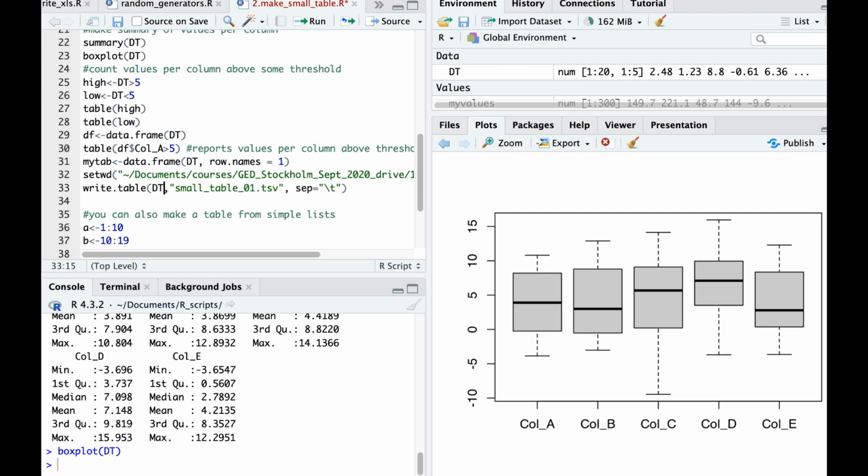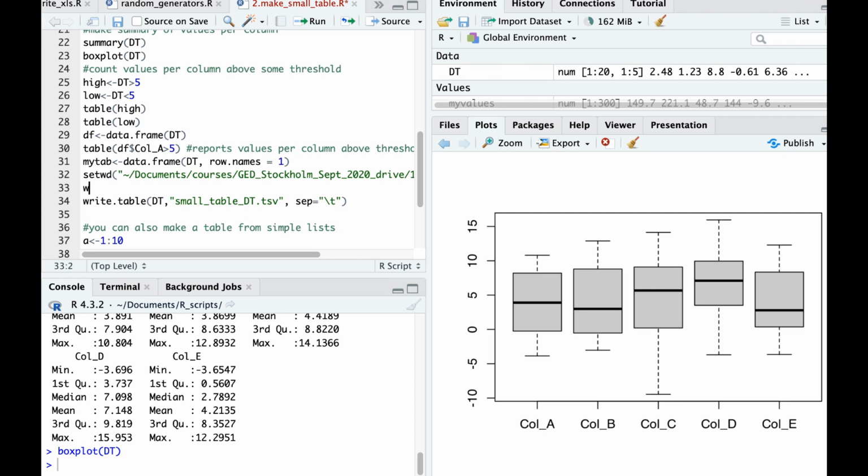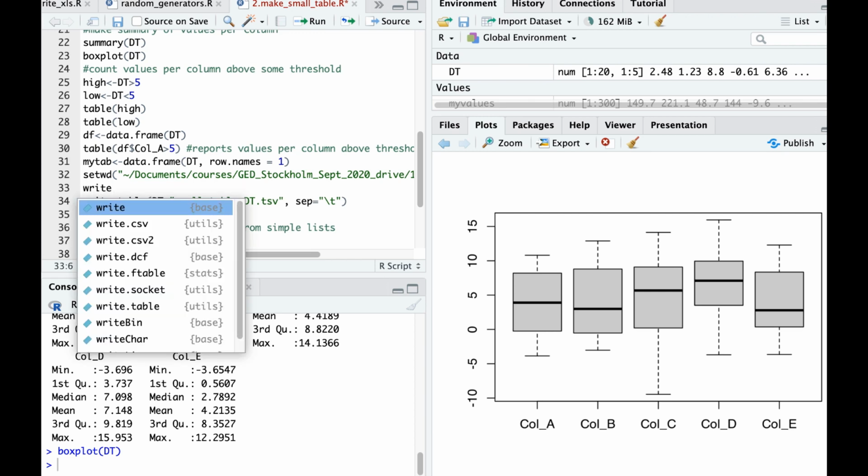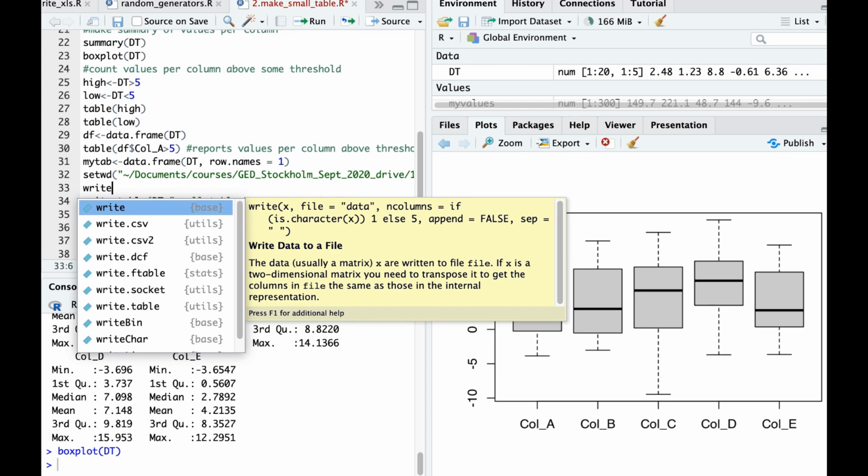Whatever you like, can make it simple. And then again, if you say write, then likewise to read function, there are many options of write function. It simply